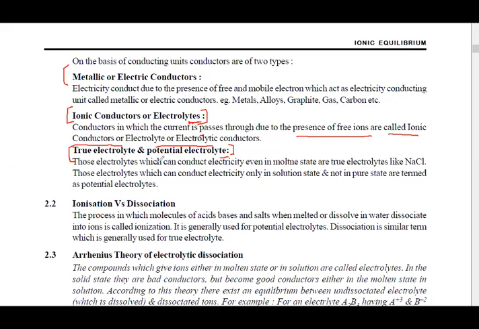Now, what are true electrolytes and potential electrolytes? True electrolytes can conduct electricity even in molten state, like NaCl. A normal electrolyte has to be in some medium, in some solution. But there are some kinds of electrolytes which can even conduct electricity